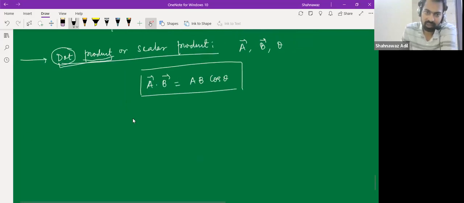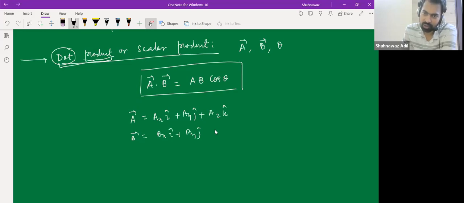let's say that vector A is ax i plus ay j plus az k and vector B is bx i plus by j plus bz k. So A dot B would be simply, before I do that,